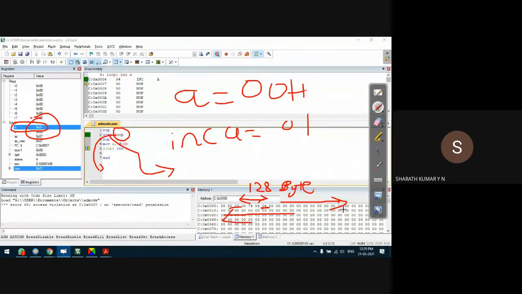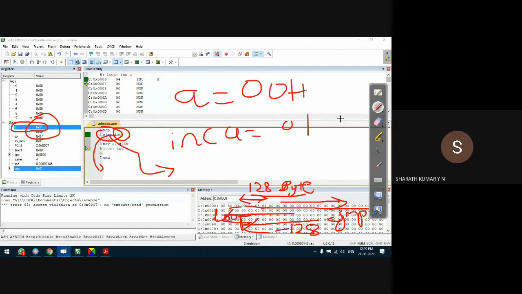Backward direction means, let us say the SJMP instruction is somewhere in this location and the target location loop is somewhere in this location. This distance should also not be larger than minus 128 bytes. That's how it is. So the distance should be within 128 bytes for the short jump instruction to execute.